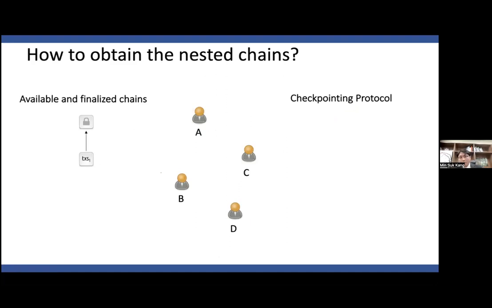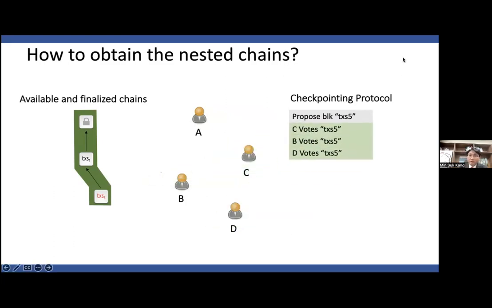So when there are a number of validators here, and they're trying to agree on the set of transactions through proposing a block. So in this case, A proposes a block, and the next guy proposes a block. So it works in this way, and it is an available chain, because they do their best with the available nodes. And in this case, A proposes block 5 and checkpoints it. This checkpointing protocol